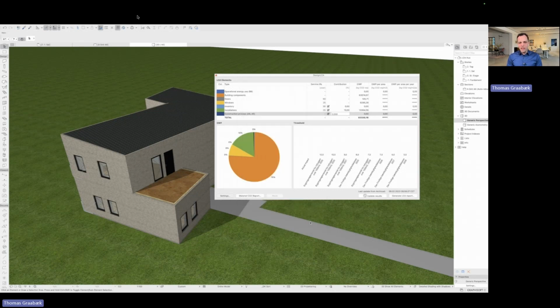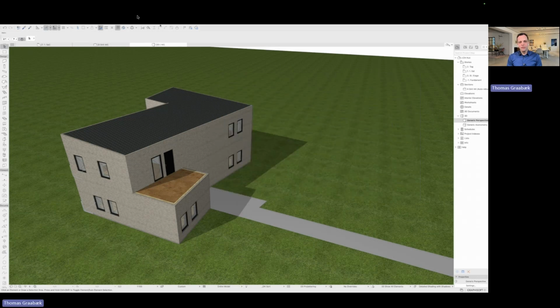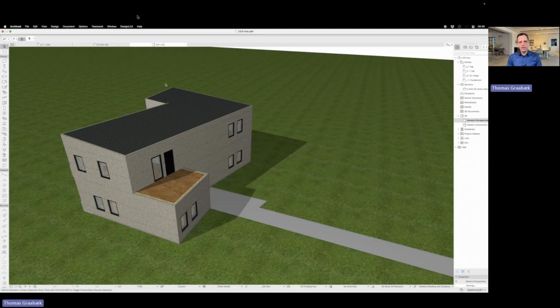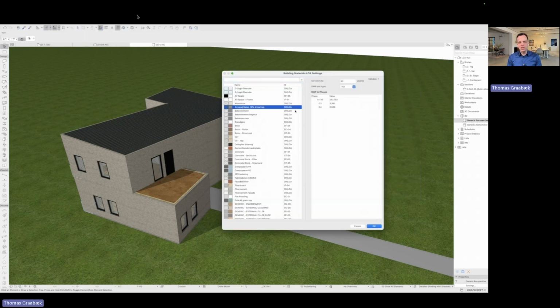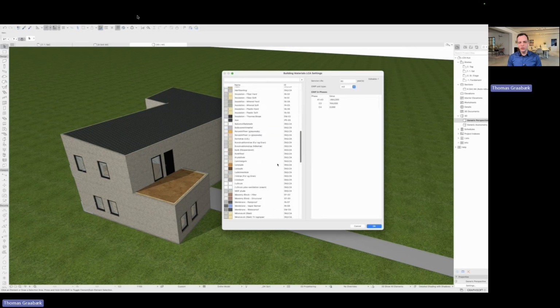I have ticked the phases that I need. And I can also look at my materials. In the DesignLCA, I have a material browser, and I can see the different materials and the CO2 values that are linked to these materials. I can see if they're calculated by cubic meter or square meter or kilograms, and how long the service life is for each material.